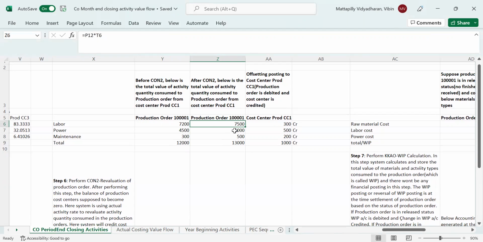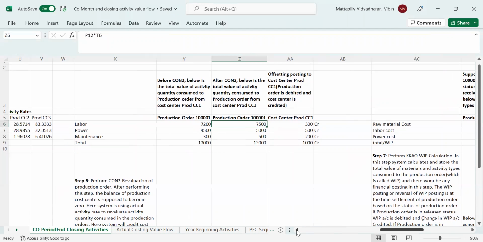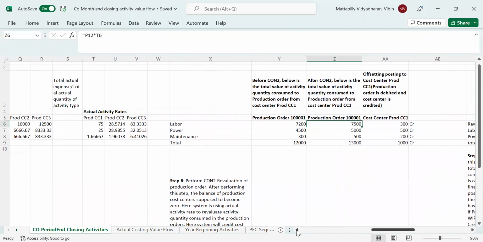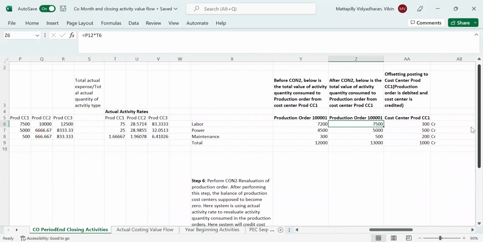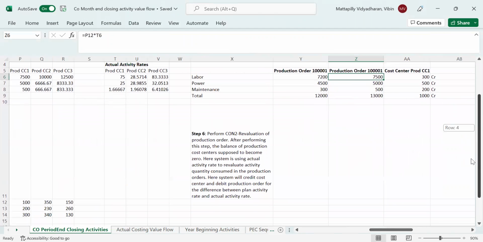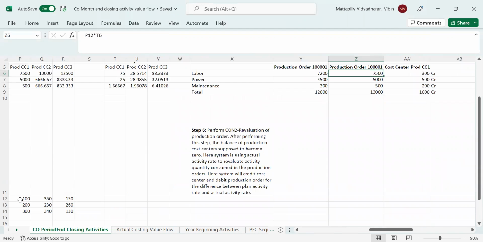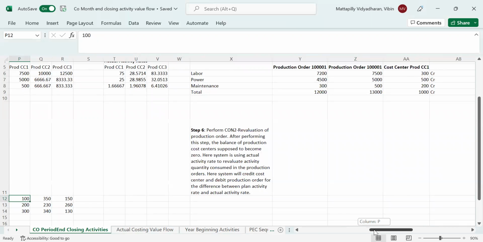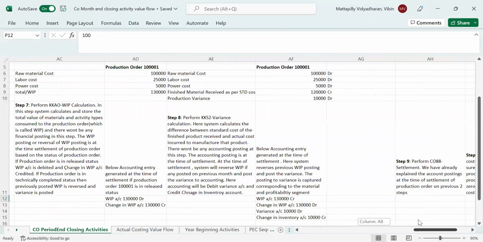How it has been calculated is P12. P12 is the actual labor quantity. So 100 hours has been consumed from cost center 1. That is the actual activity consumed, multiplied by